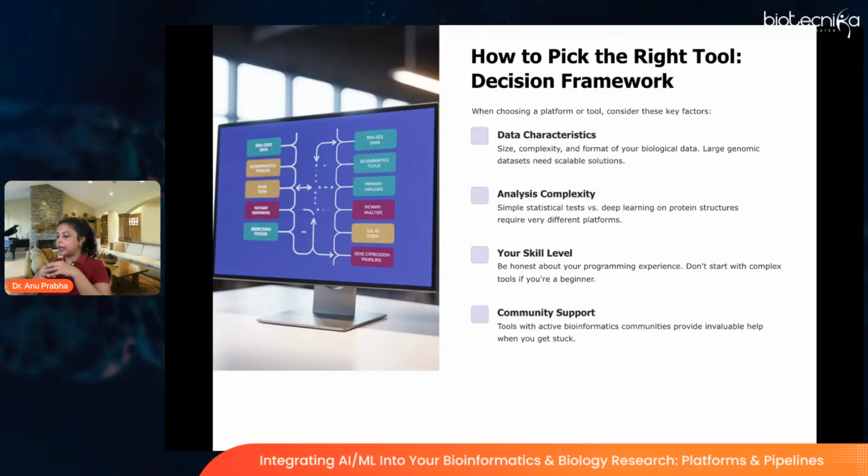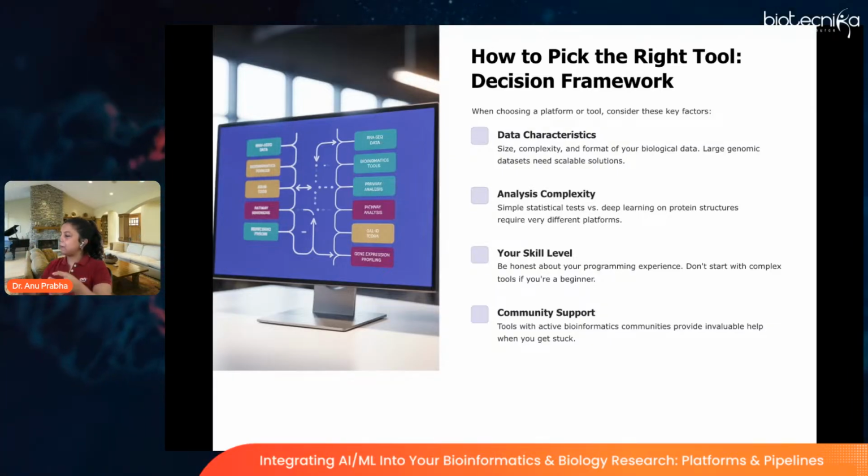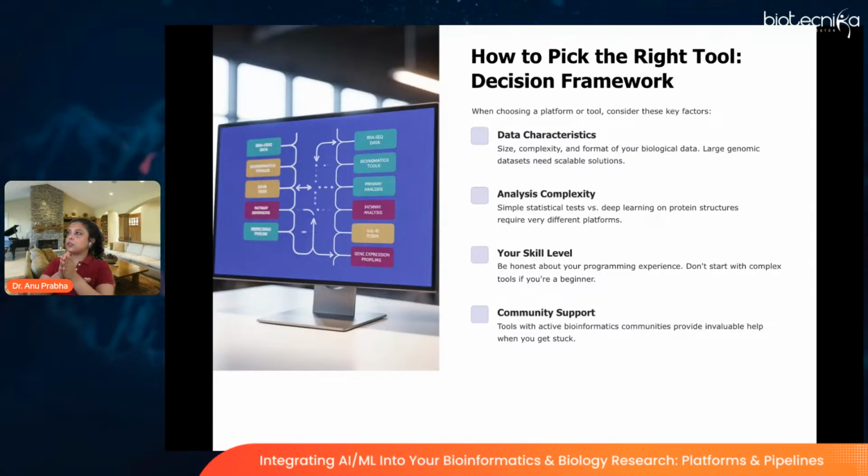So in case I have a biological problem, a clinical problem that I want to solve for the market, you need to delineate it into smaller paths, smaller bits of development. What are the aspects that I will develop first, in what order will it be developed, and accordingly pick a tool for each one of them.